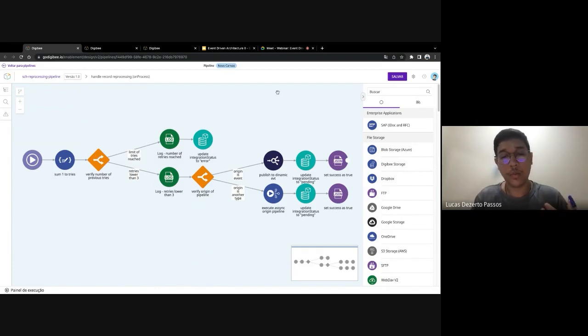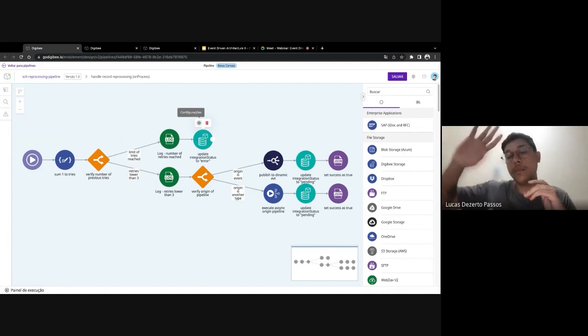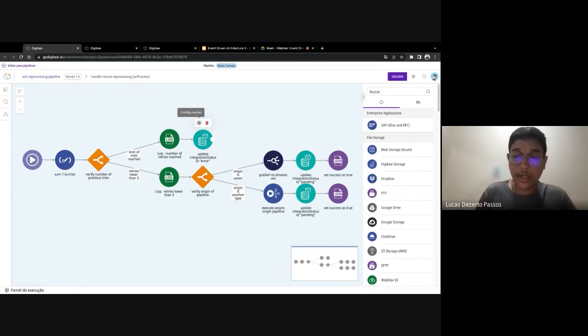So what I ask you guys here is, every record that passes here gets one added to the number of tries. What happens when a record reaches the limit? It gets the integration status error and stays stuck here in another stack of errors. So another manual routine Clara would do here is to manually check those records that are not being processed in any way.